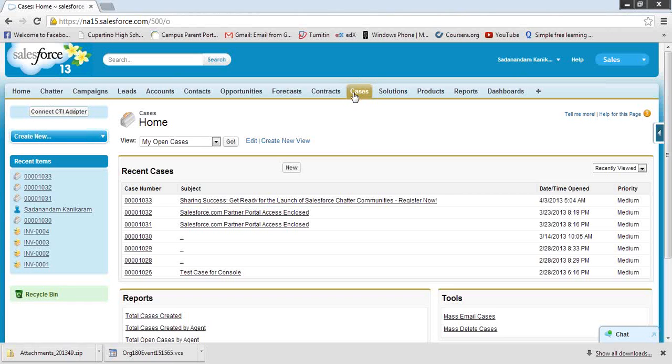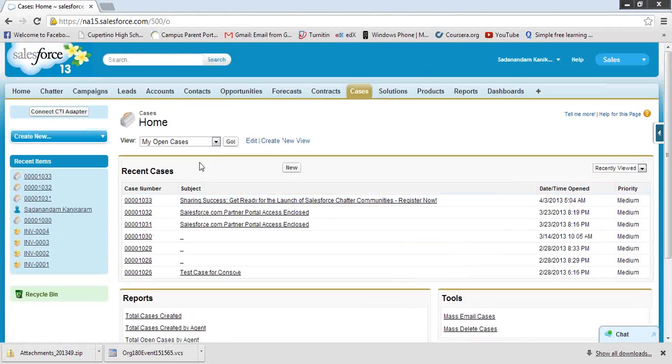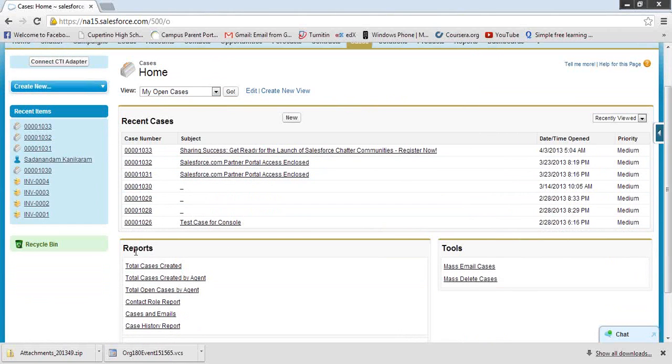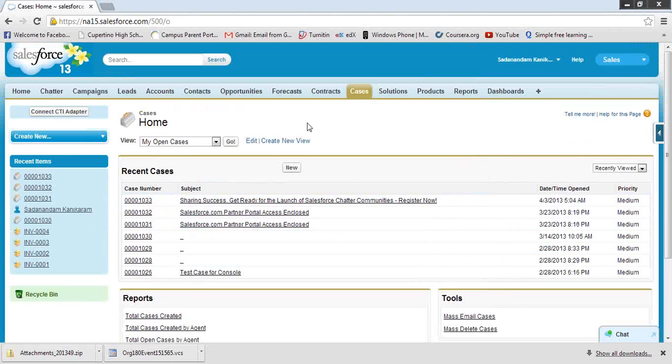Each object also has its own tab, and here it is the object of cases. The moment you see a tab, it has its own view, the recently opened or recently created cases, or it could be accounts, then the related reports that are based on the cases, and some of these tools. So this is called the home tab of the cases.